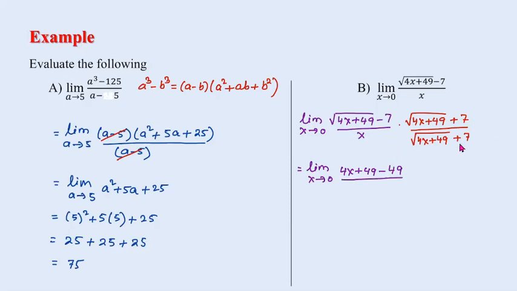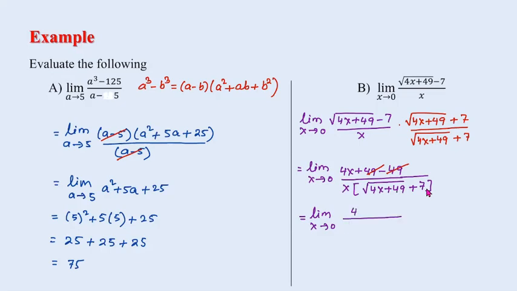Now, when you multiply denominator with denominator, we have x multiplied by the square root of 4x plus 49, then plus 7. Now here in the numerator, 49 and 49 cancel. And then we have 4x divided by x. 4x divided by x will be 4. So we can write that as the limit as x approaches 0. So again, x and x cancel. So we get 4